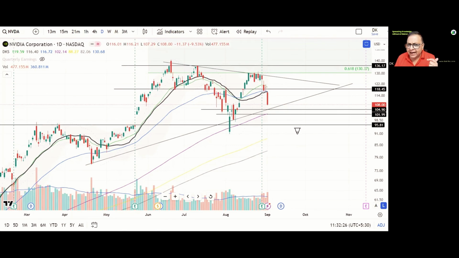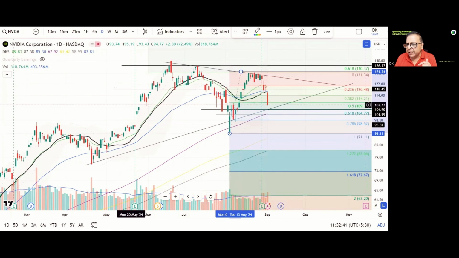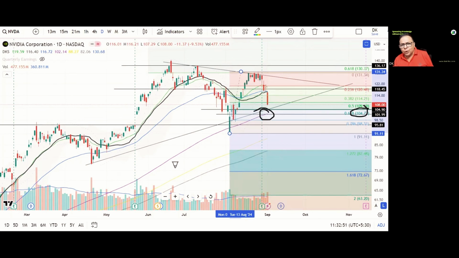So if any candle closes above, I would say $126, the uptrend may resume in Nvidia. One more thing, last impulsive wave is this. If you do the retracement analysis, level of $104 is a golden ratio, which is a confluence of SMA 144. So I don't see price falling below the demand area that we have discussed.